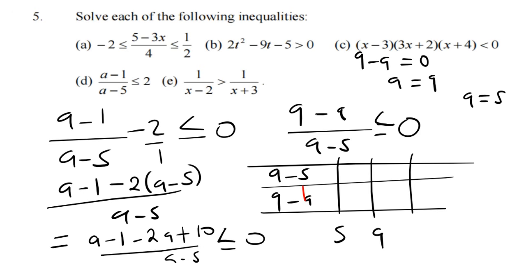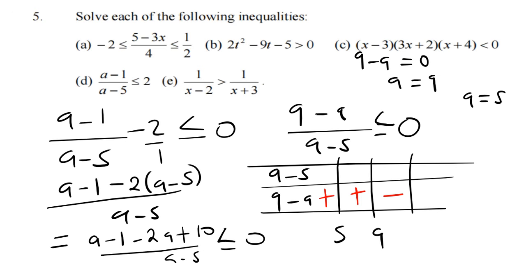In this case, we're going to have a negative number. But if you get any number that is less than 9, say an 8 there, we're going to have a positive number. So positive, positive. We come for 5. For 5, if we put any number that is greater than 5 there,